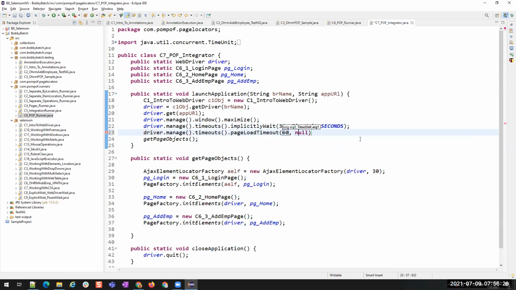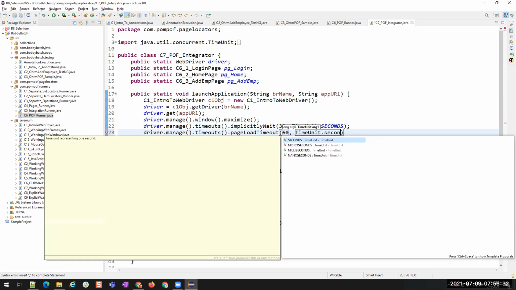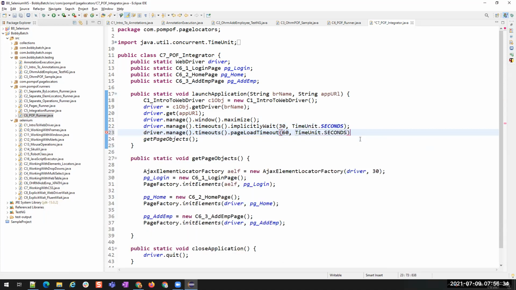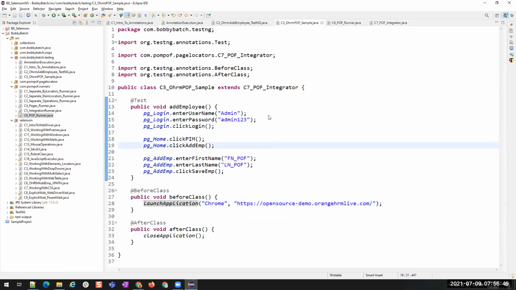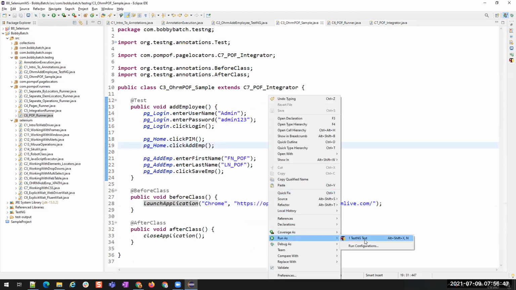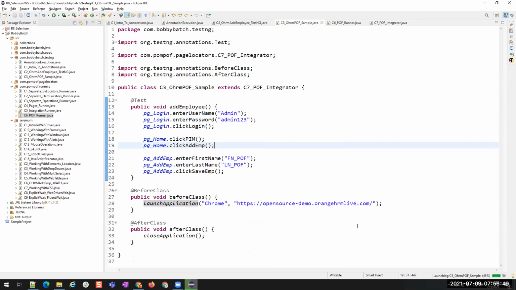I'll make it 60. Remember these, right? These are implicit waits. I'm adding them to this driver. Let us go back to our class and then let us run this. If it is not running, then we'll see by debugging what's happening.